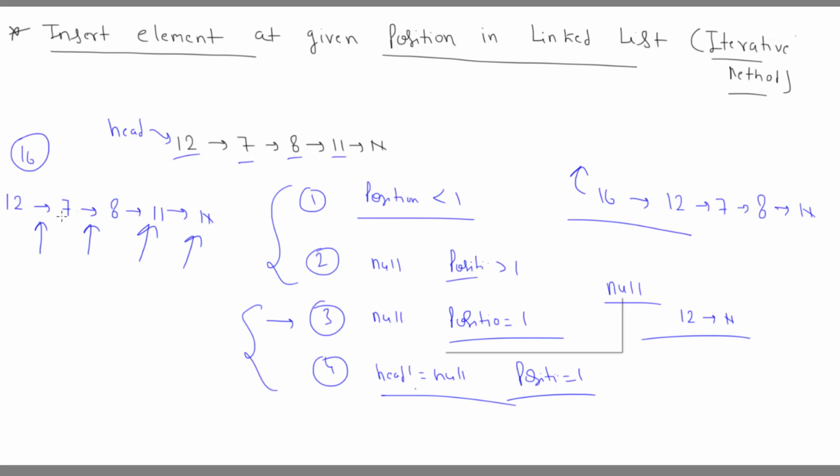So what we have to do, to go to any position, we have to reach the current node. Let's say I want to add at the third position, so somehow I reach this position, and I have the previous element as well, and I have this current node. Now I have reached here. If I want to add 16, I can simply point the next of this previous node to this new one, and the next of this new node to the next node, which is the current node, right? Via this way we can easily do it.